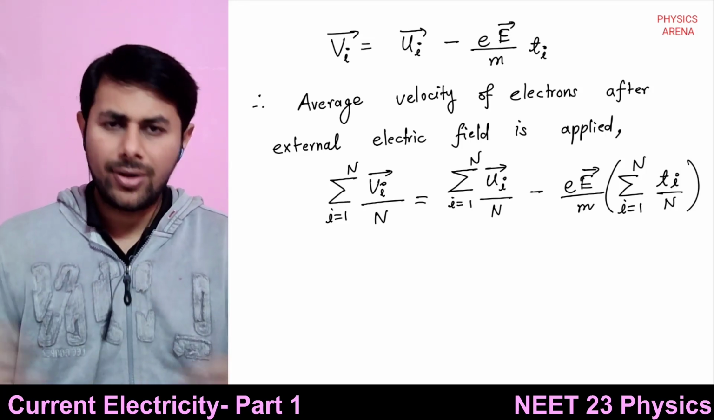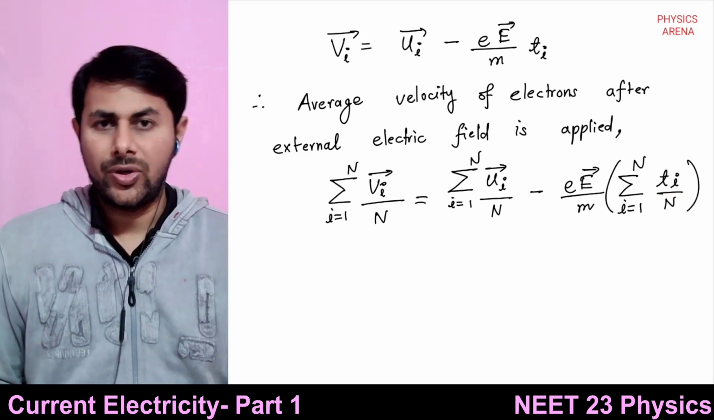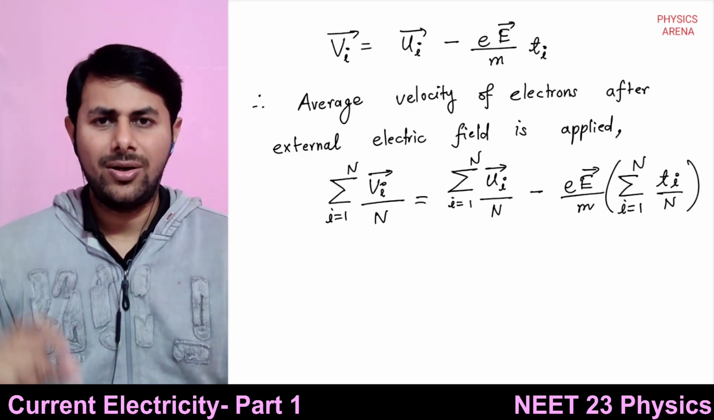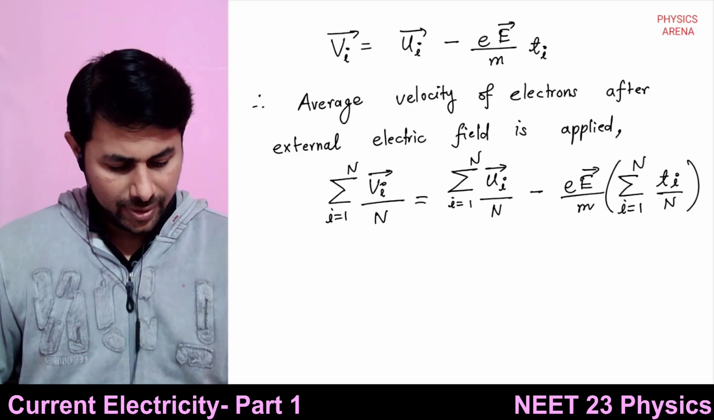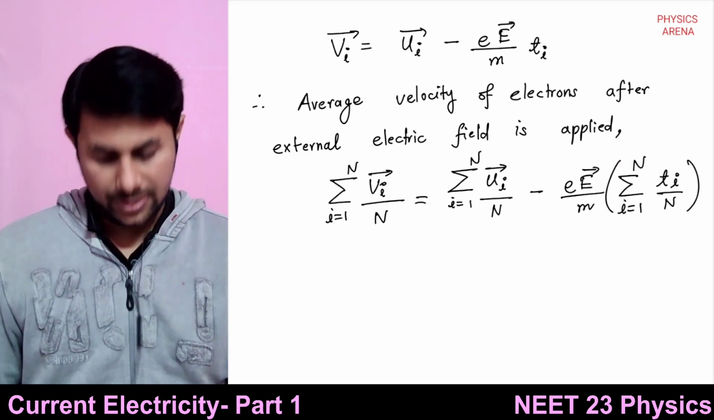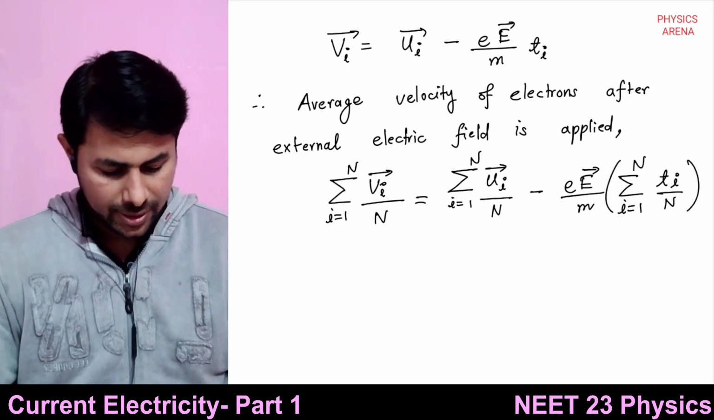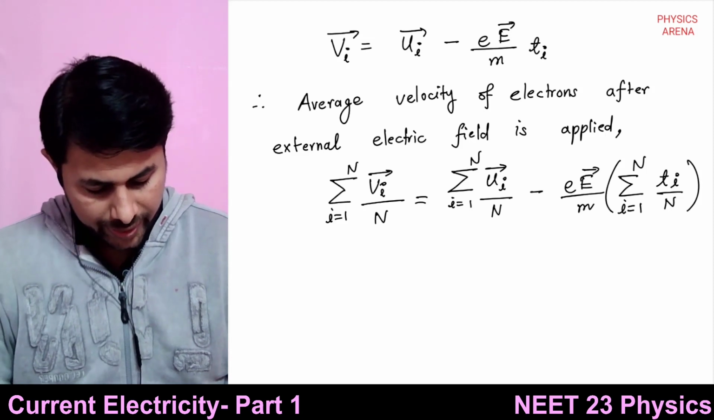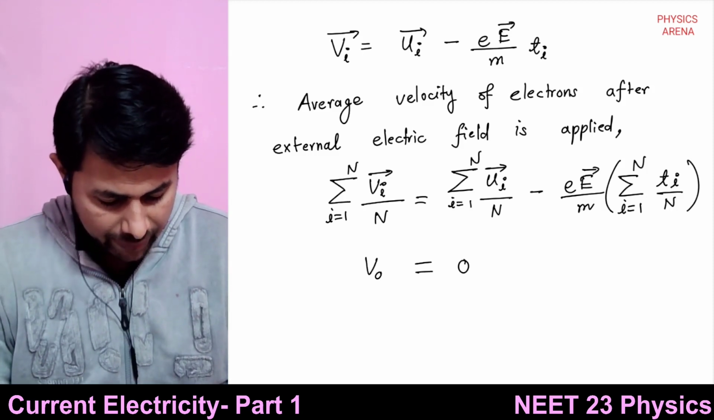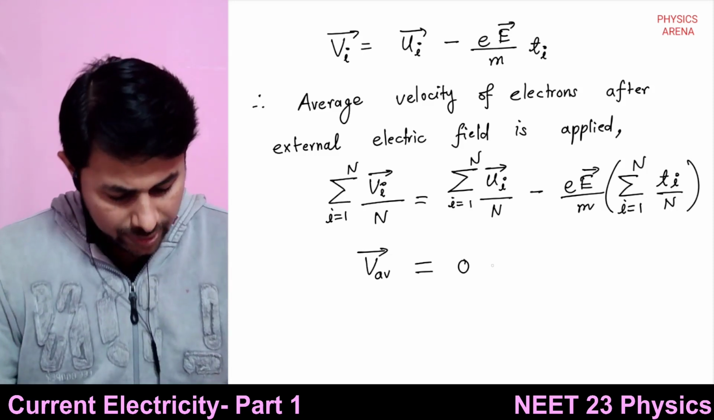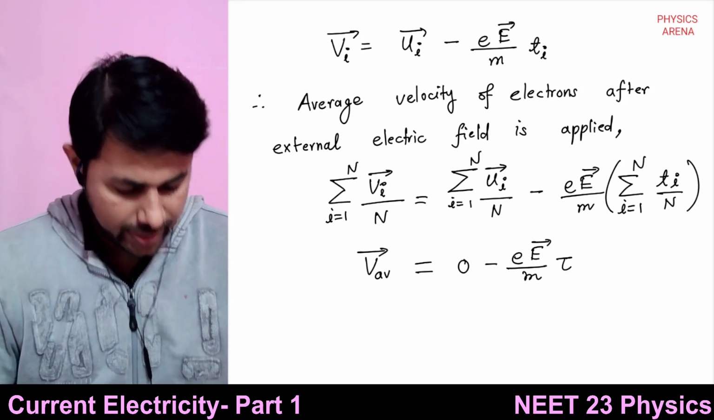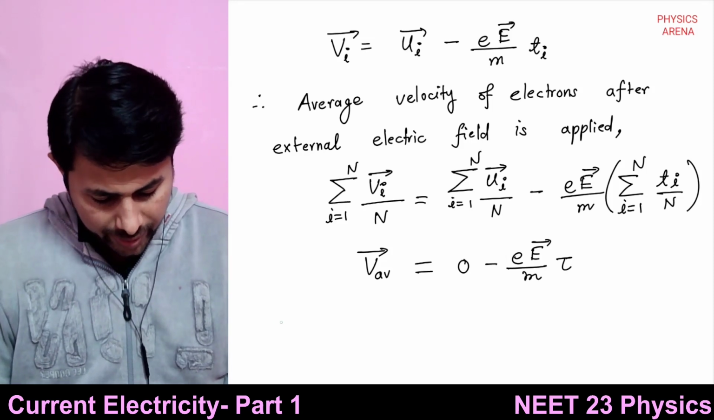If you add all those times and divide by n, what do you get? You get the average time since last collision for all the electrons. For a conductor, this term will be fairly constant, and it is denoted by tau. So this term will be 0, this is V average of all electrons, so it is 0 minus E E bar upon m into tau,